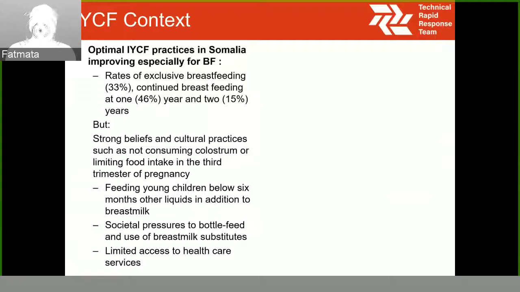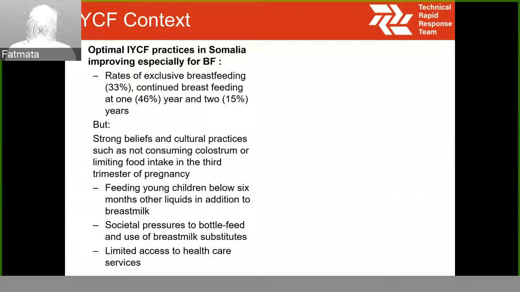Then, hugely, there are societal pressures to bottle feed. Our 2016 assessment revealed that about 50% of women in Somalia introduce bottles. They give a breast milk substitute.